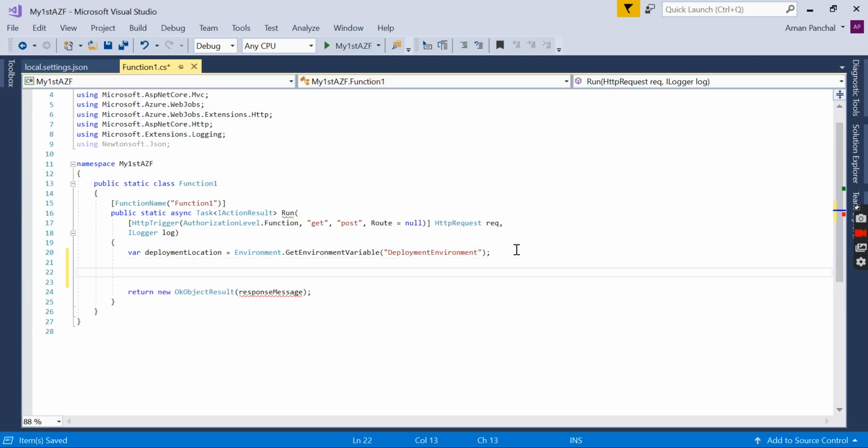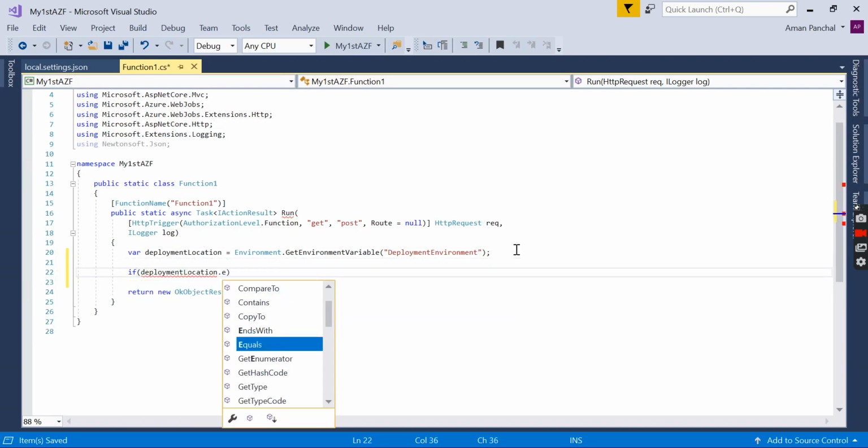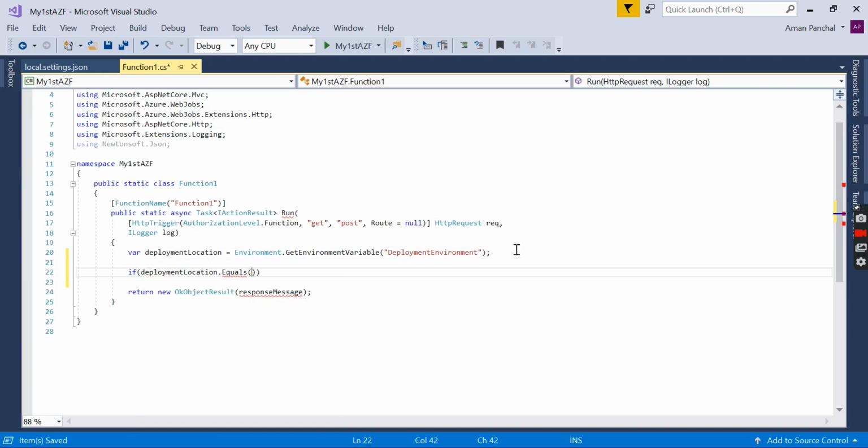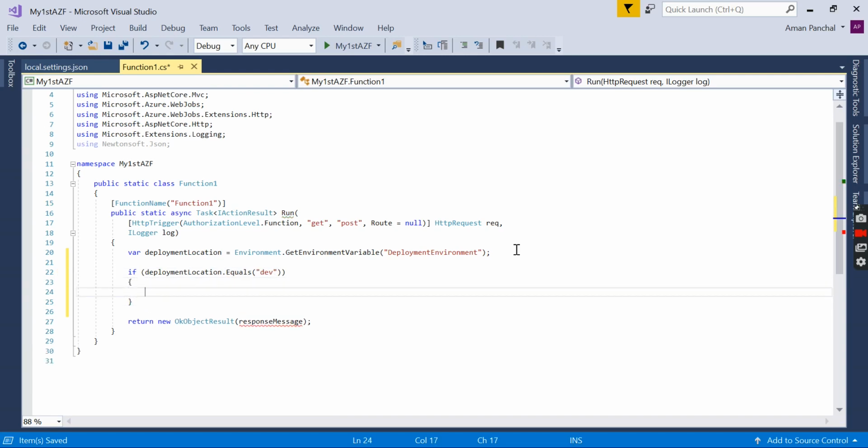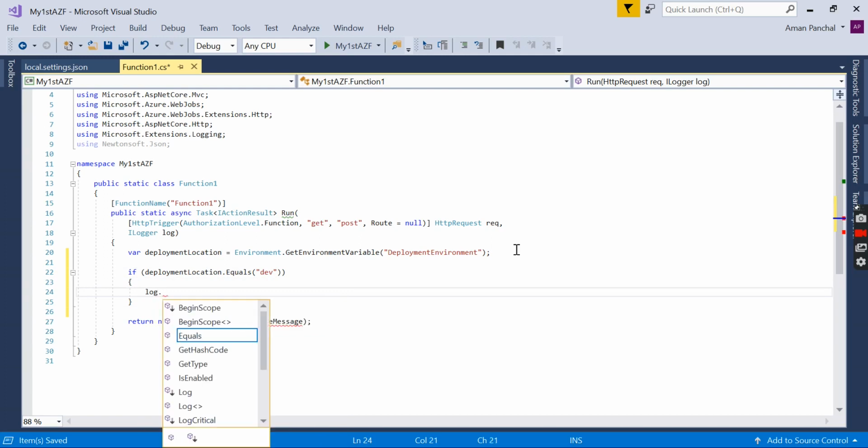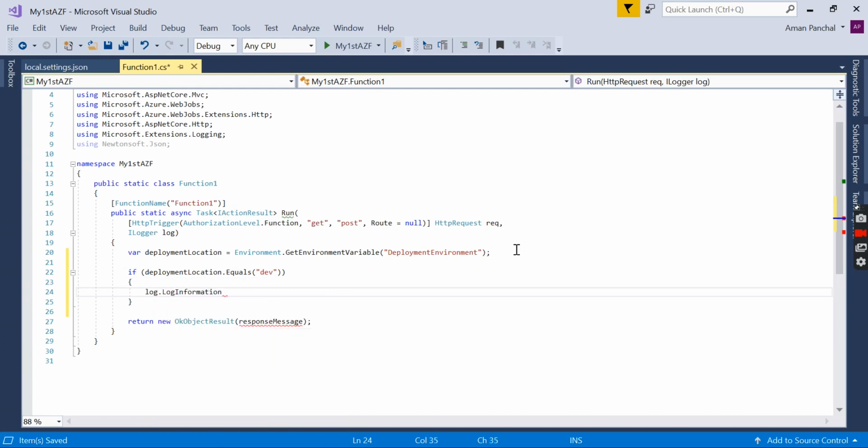and putting a condition: if deployment location dot equals dev, then I want to log information: this is a dev environment.